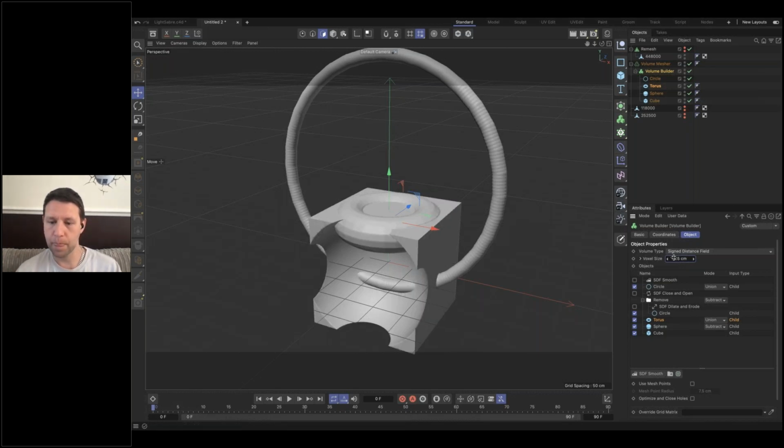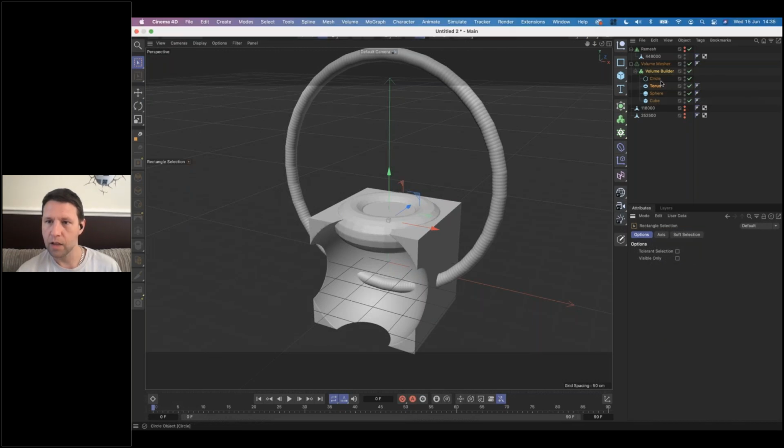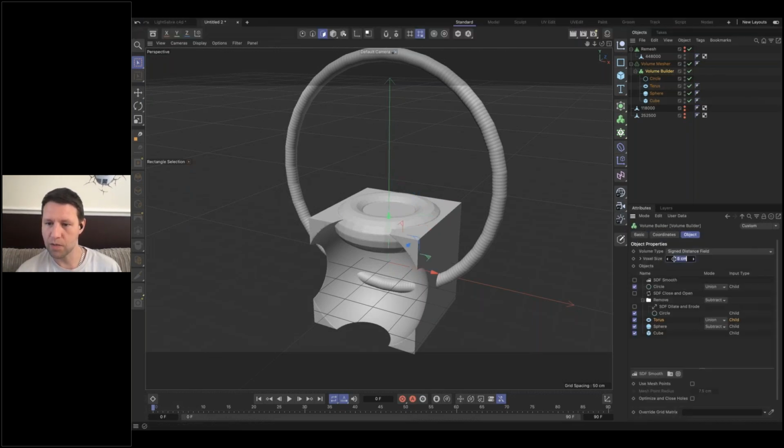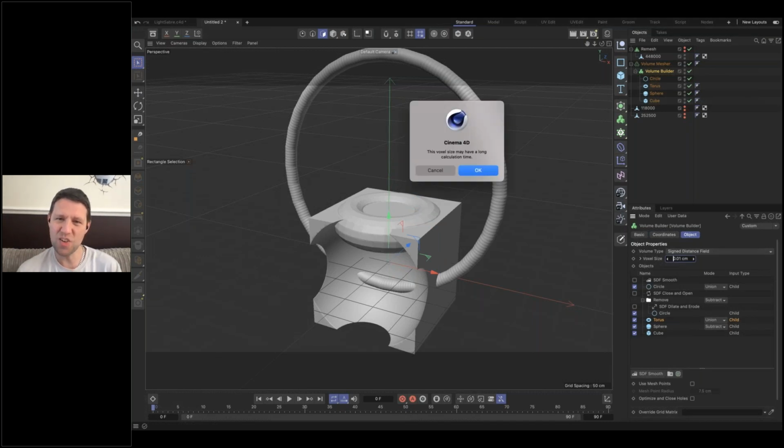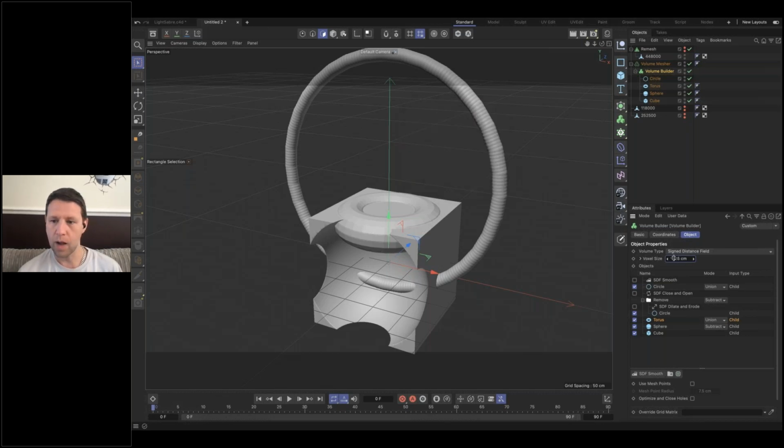Yeah, do like 0.1 and then you'll get it. Normally it depends on the size that I've got. So if I go to 0.01, it goes, are you sure? This may take a long time. It doesn't say that it's going to crash or that it'll kill it. It just says it will take a long time to think about, and gives you the option to click cancel, which is quite nice. So if I just put that back at 2, and there we go,